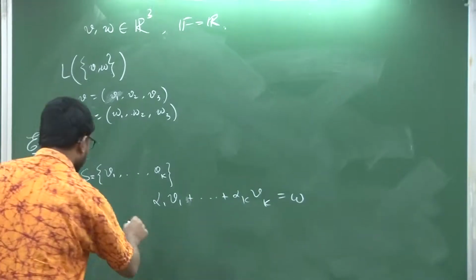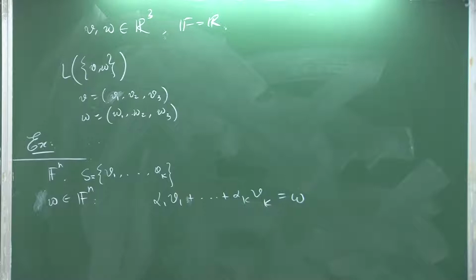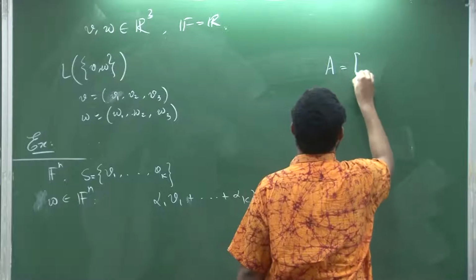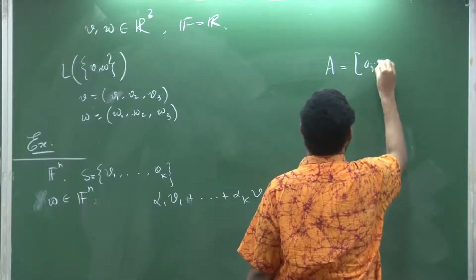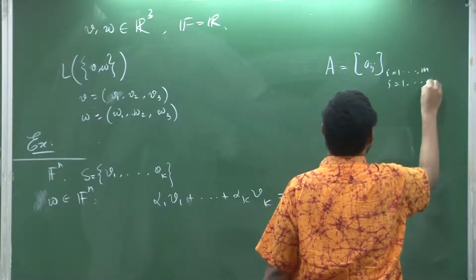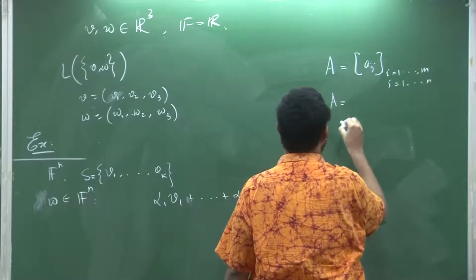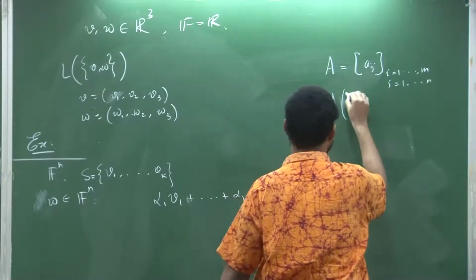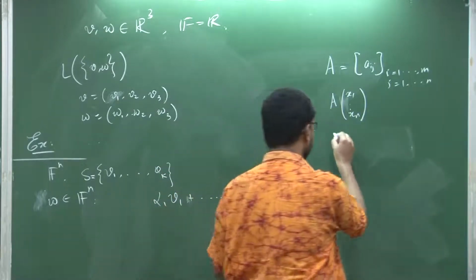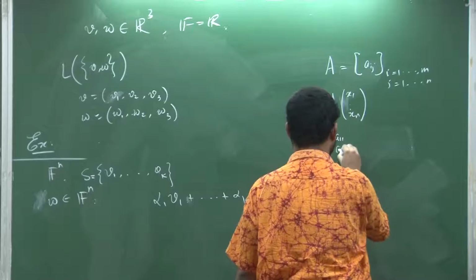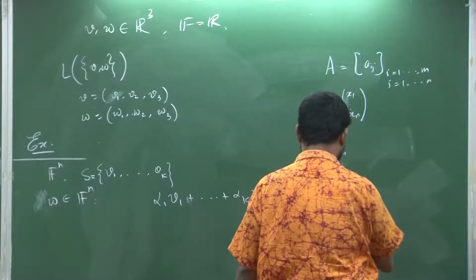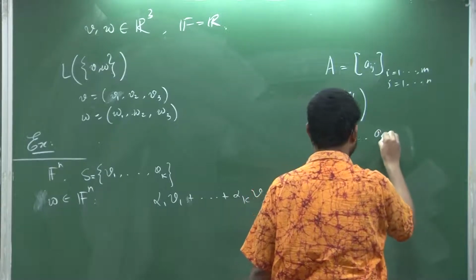So, for that let us observe the following. Suppose you have been given some m by n matrix A, let its entries be Aij, and you multiply this matrix by some column vector x1 up to xn. Then what exactly happens? On one hand you have the first column A11, A21, up to Am1. The general jth column would be